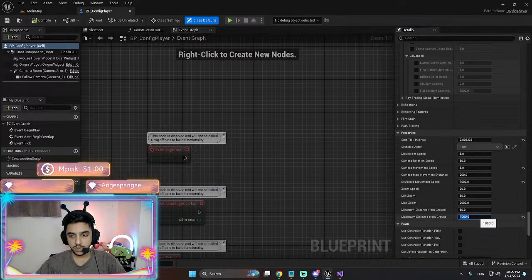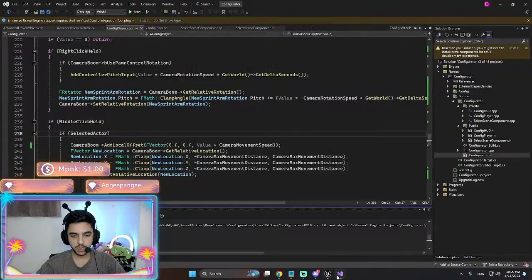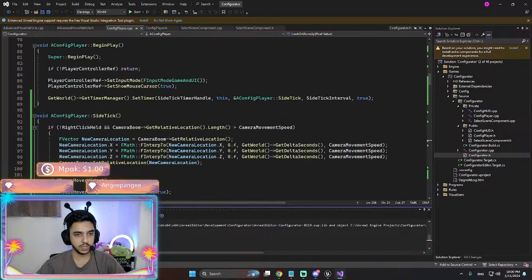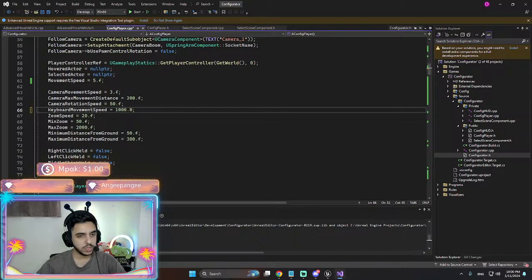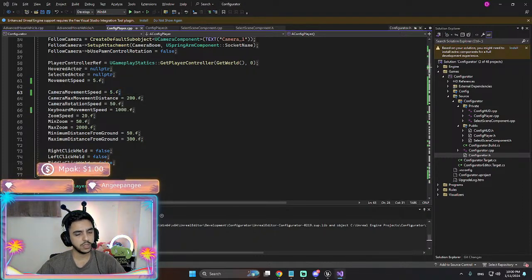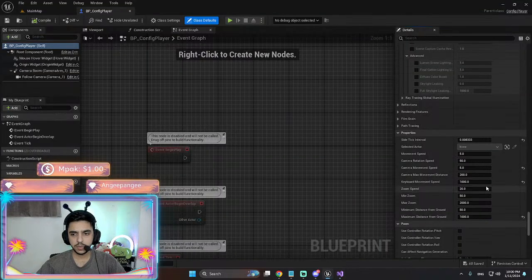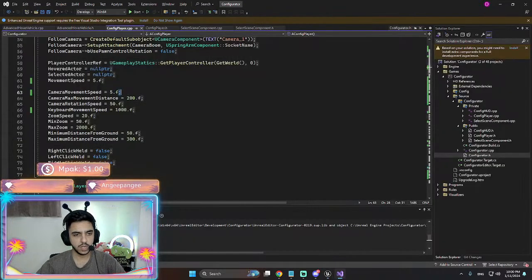Maximum distance from ground 5000, keyboard movement 1000, and camera movement 5. I'm going to set them in C++. Keyboard movement 1000, float. Camera movement speed is 5. Movement speed is 5, and this is 1000 distance from ground.